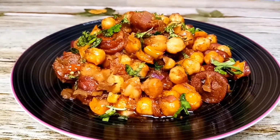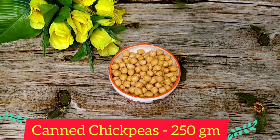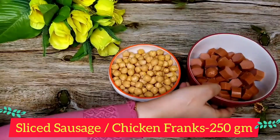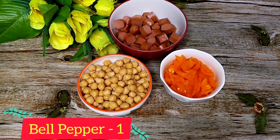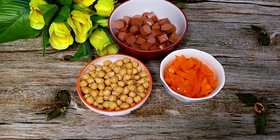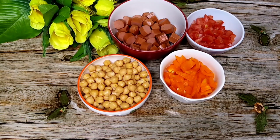Summer is just knocking on the door here in UAE, and today I'm gonna share our spicy summer dinner recipe. My today's recipe, chickpeas and sausage stew. Here I have taken 250 gram of chickpeas and the same amount of sausages, 1 bell pepper, a finely chopped tomato, 1 onion,